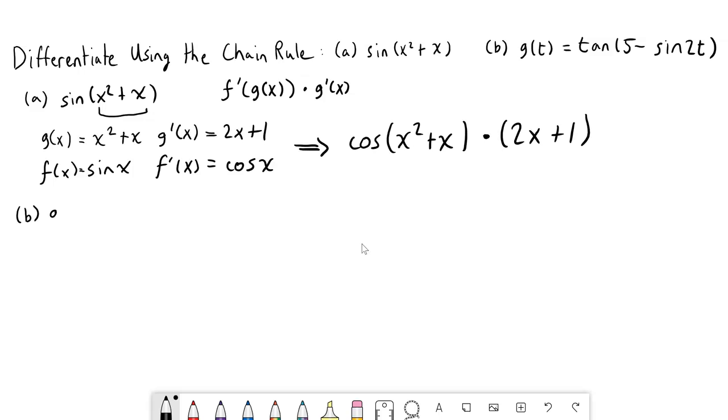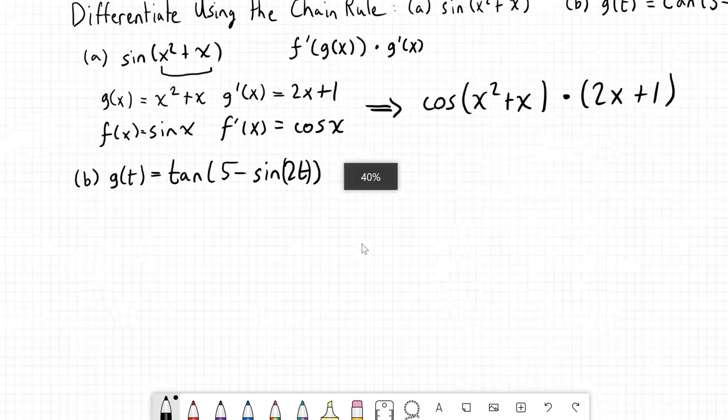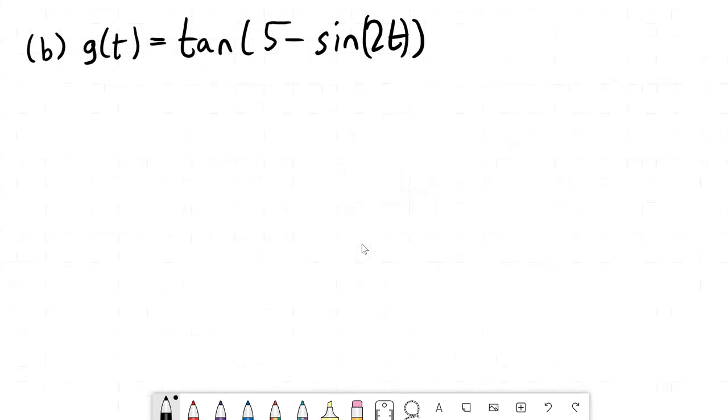B, this is the harder example. Let me write that a little bit better. Sine of 2t. Right? Notice that it is actually a lot of derivatives. There's three functions, kind of. There's this inner function here, there's this kind of inner function here, and then here's the outside function. So it's three parts. Let's try to just think about this. So I'm going to say d dt of this